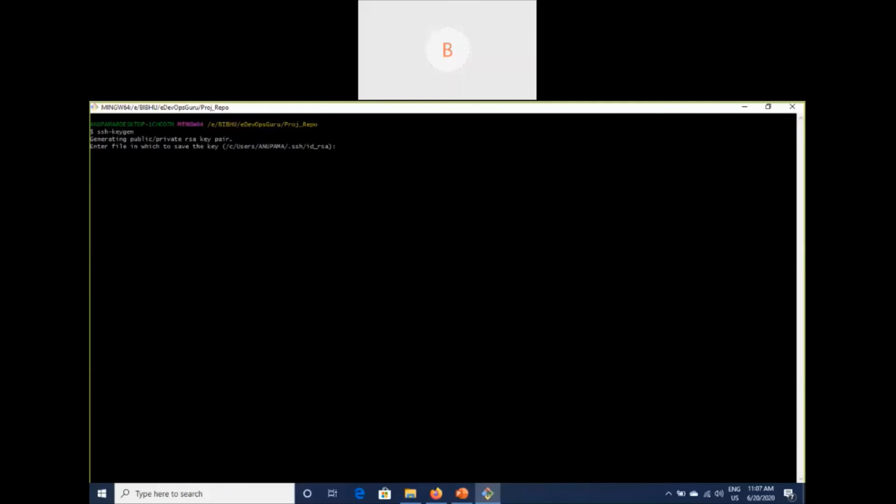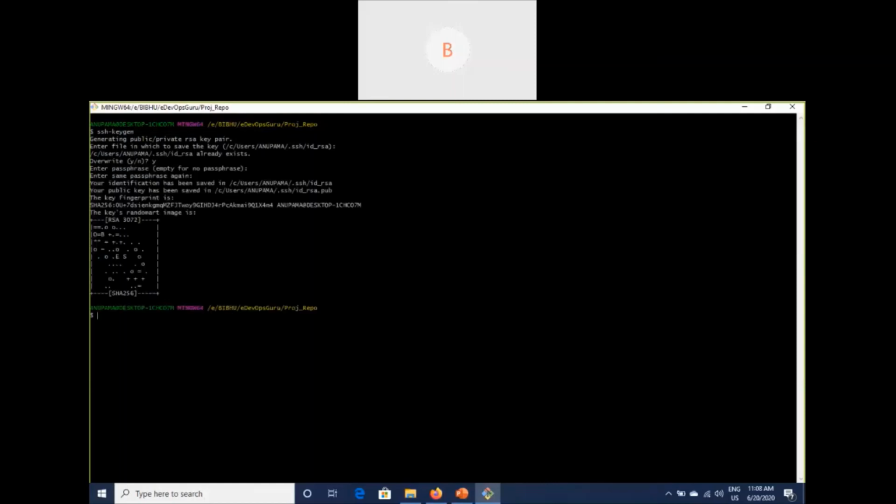So simply press enter. So you'll get the SSH key. This is the path where I got the SSH key.